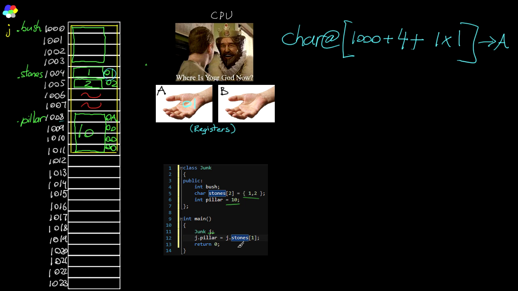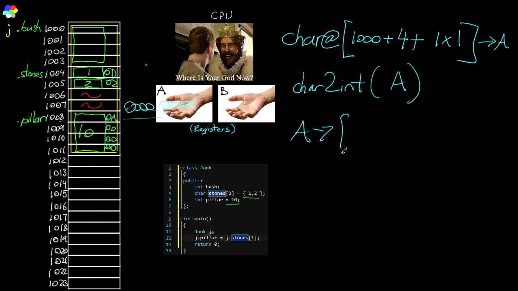Now we want to take that single byte in A and store it into pillar, but pillar is a 4 byte value. So we're going to need an operation here, and I'll just call it the operation char to int, and we do that on register A, and this will extend this. It'll add a bunch of zeros in front, basically. So now it's a 32-bit value, and then you're going to store A into,